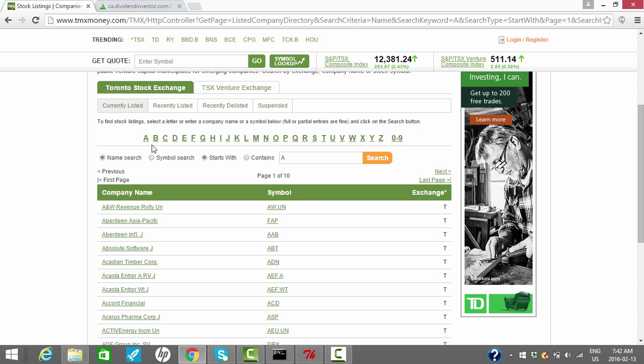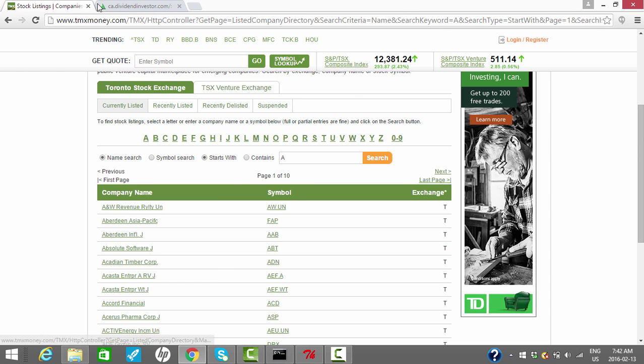There are 26 groups, A to Z, and the 0-9 group. Within each group there will be pages. So for example, for group A, we have 10 pages of symbols. So the FBP graph application will attempt to extract all the symbols from all the pages, and for each symbol